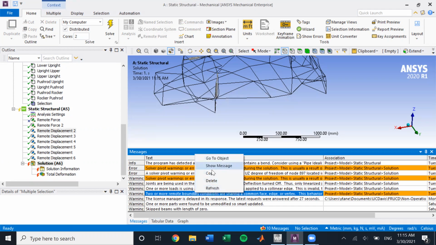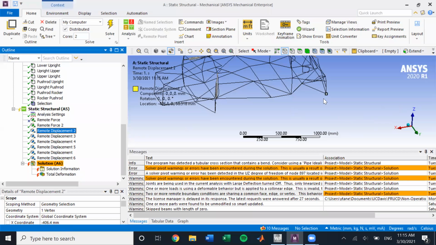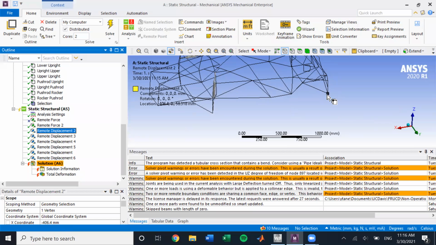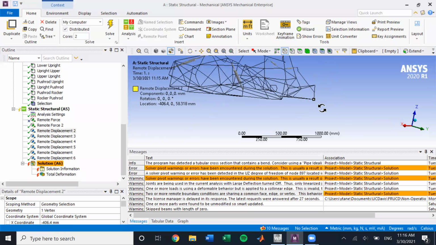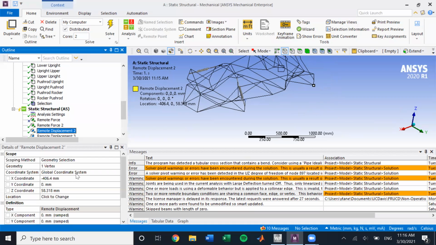So when I right click, go to object, it's telling me, okay, the remote displacement condition that I've applied here is the thing that's causing this warning. And I noticed that this warning was also present in the other chassis that we simulated. So this isn't the reason that the simulation is not solving, but